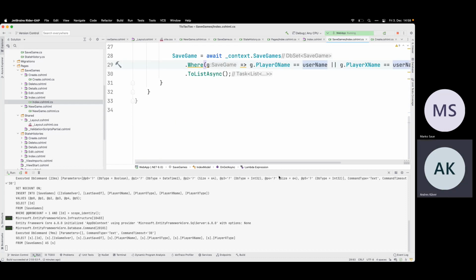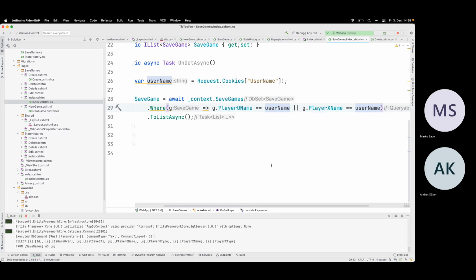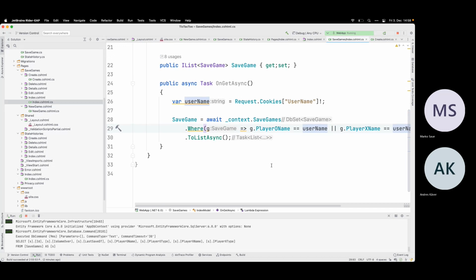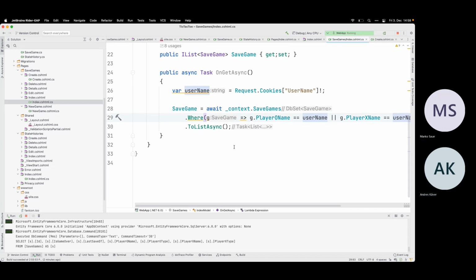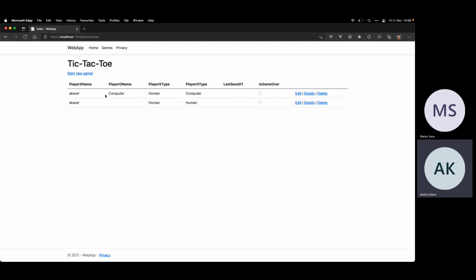So we are only showing the save games where at least one of the players is you. But this is the case anyhow initially. So here I'm waiting for somebody to join. Let's take the human case first. I cannot join here because I'm already a member here. So the only thing I can do here is make a move. I can start the game, basically make the first move.